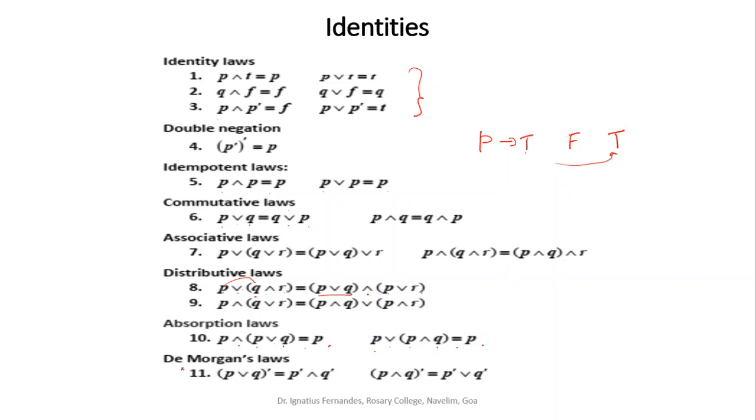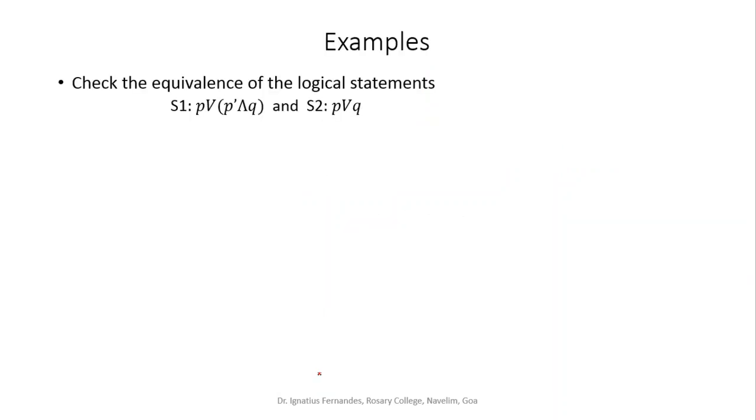And then most importantly we have De Morgan's laws, which say that the negation of (P or Q) is equivalent to the negation of P and the negation of Q. (P or Q) bar is equivalent to P bar and Q bar. In fact, this is the one that we verified earlier. The same way, I have (P and Q) bar, which is equivalent to P bar or Q bar. In case you want to verify this, write down the truth table for each of these sides and check the truth values.